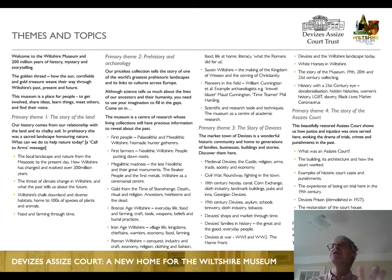And then we're thinking of themes and topics for what the displays of the museum part of the building should cover. And again, we're asking for your views on this. So we're thinking of themes like the story of the land, prehistory and archaeology, the story of Devizes and Wiltshire, and the story of the Assize Court itself, which of course is